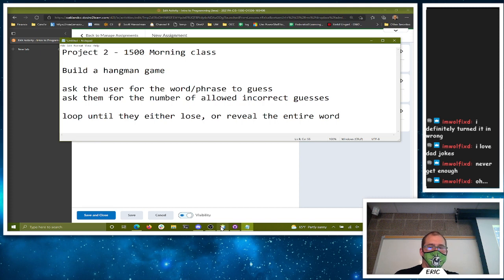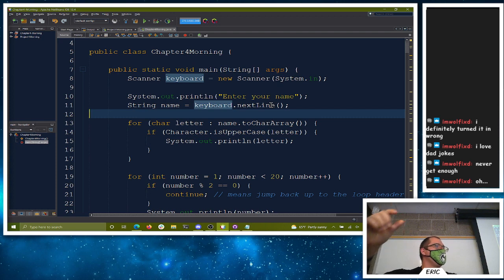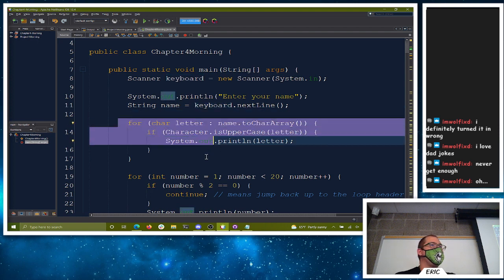So doing this 2-character array and going letter by letter by letter is going to be an important piece here. If you know what the word or phrase is, right, we can go through letter by letter by letter and start doing our checks. Okay. Right? And as you guess letters, we can put them in somewhere else. We'll need to store the letters that they've guessed somewhere, right, to compare. Hey, if you've guessed the letter, great, we can tell you what the letter is. If you haven't guessed the letter, you should probably show you the blank or an underscore.